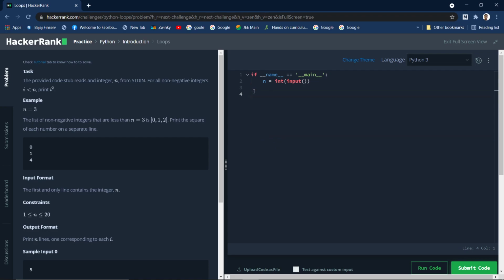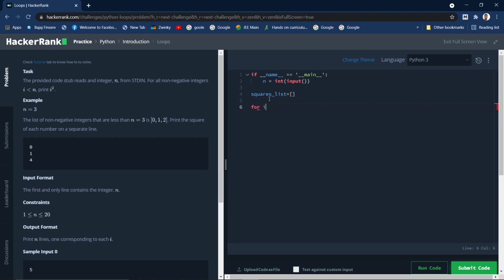So this we need to print out. Okay, we understood the question, so we can write the code. There are two approaches for this. One is using for loops, another is using a list comprehension. Let us do the for loop first, and then we will go to the list comprehension, which is a shorter syntax and an easy way. So let's create a list using this n. The squares list will be an empty list, and using the for loop you need to iterate and add the squares of these numbers.